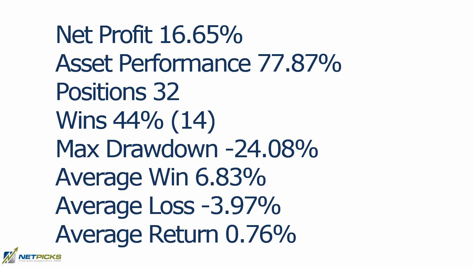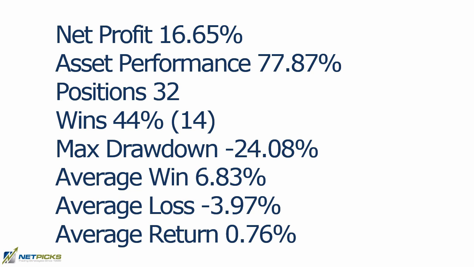The buy and hold outperformed it. The positions were only 32. 44% wins, but the drawdown's huge, 94%. The average win looks good, but the average loss is kind of high. And the average return is 0.76, which it's not too bad. Now, obviously, if you're going to design a trading strategy using this, you're going to need more than just the